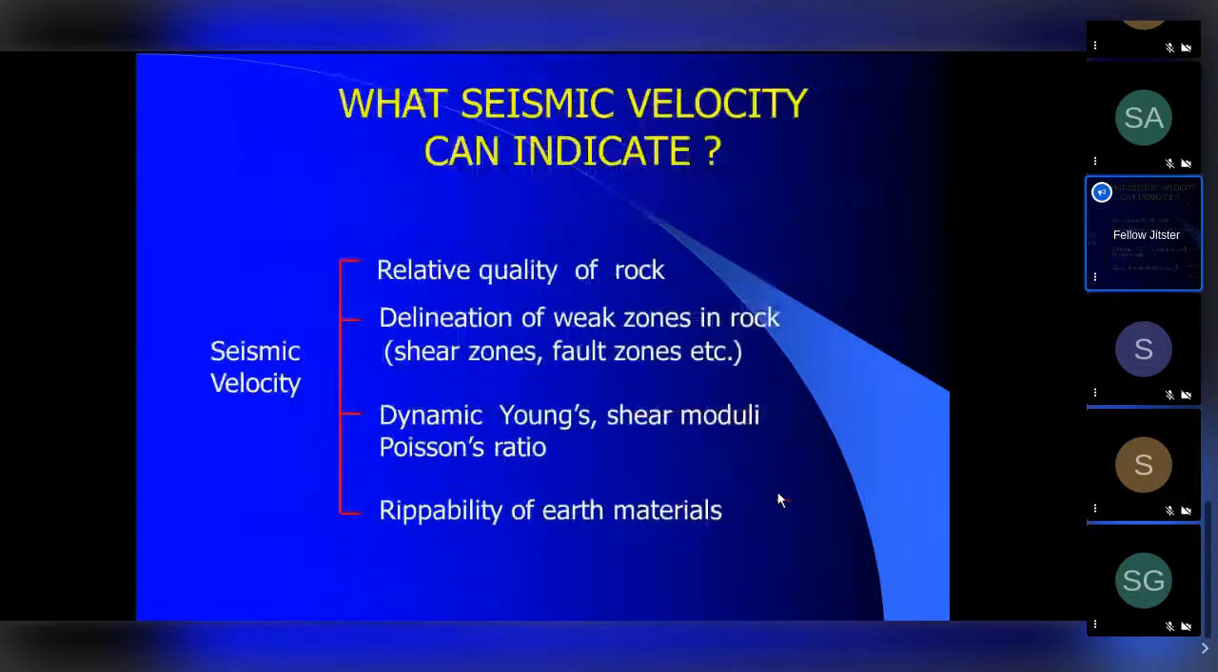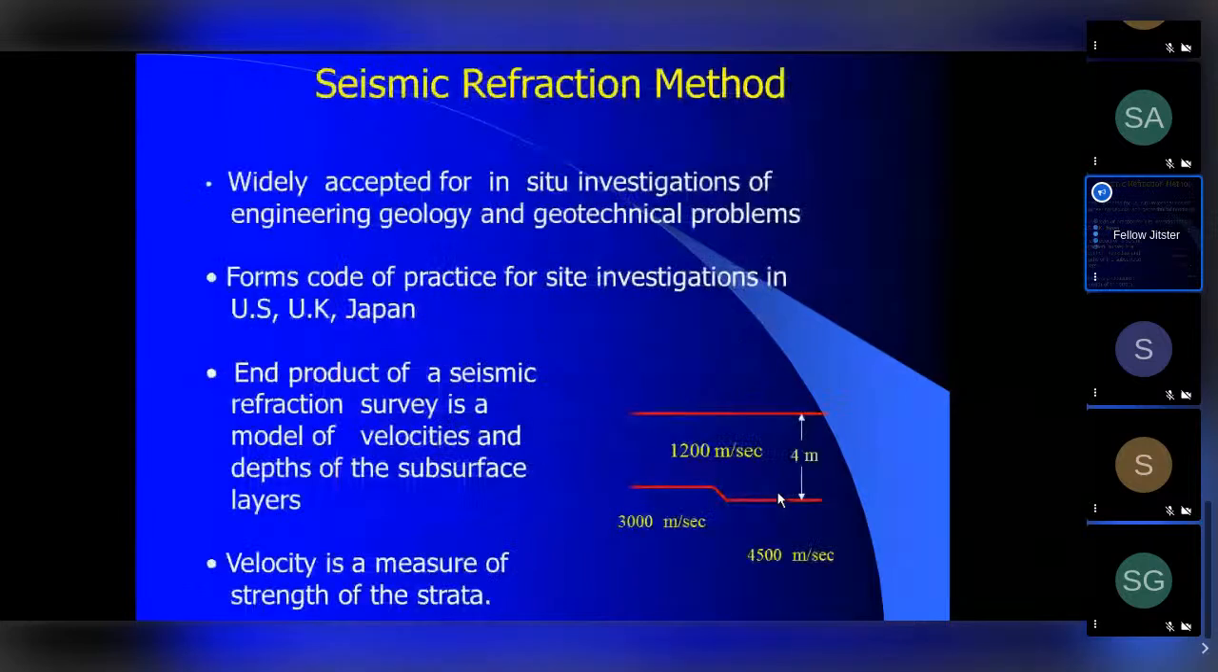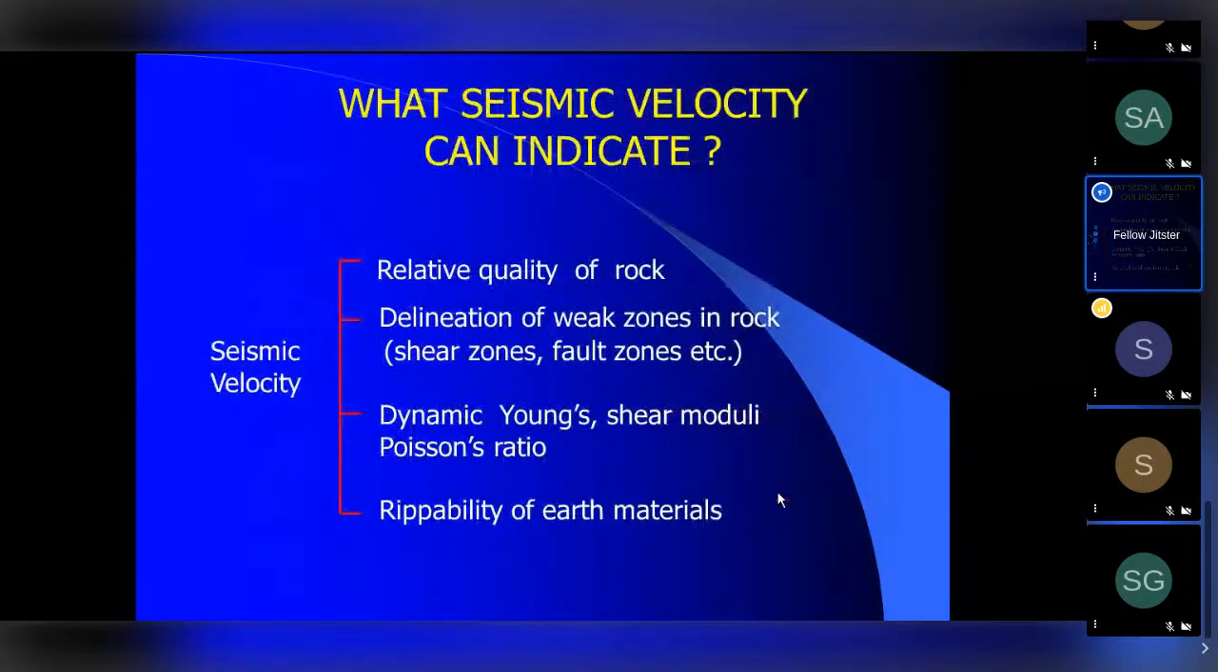Then, delineation of weak zones in a rock. In this case, we showed it varying from 3000 to 4000 meters per second. Why? There is a fault. So you can find the fault. The dynamic elastic properties, I already told you: if you can measure the seismic velocities, the VP and the VS, and the density, then you can calculate the Young's modulus, the shear modulus, and the Poisson's ratio. And finally, the rippability of the earth material is important to the engineering people,